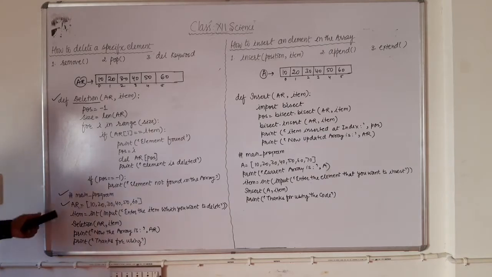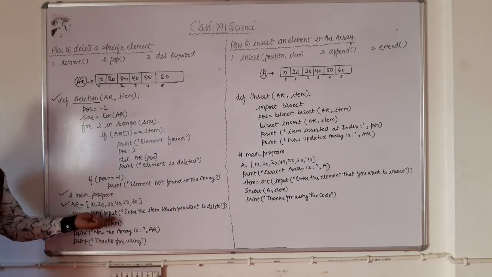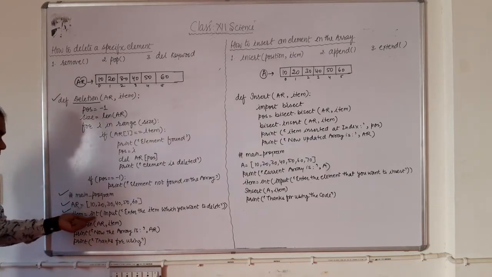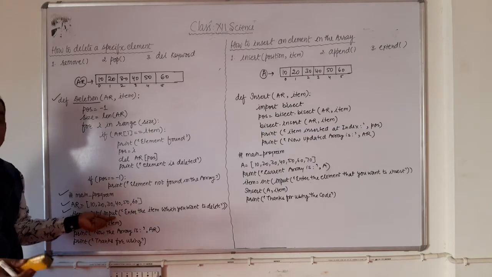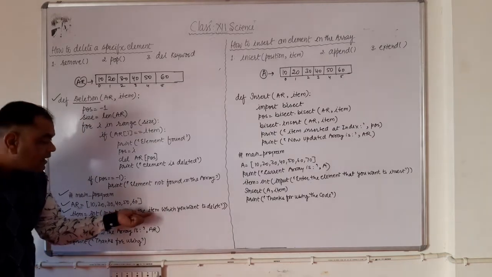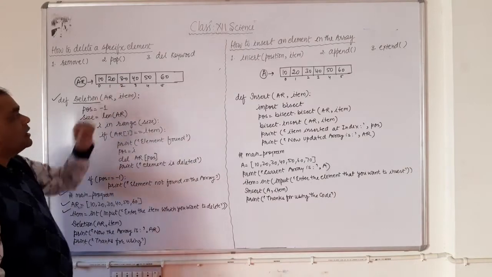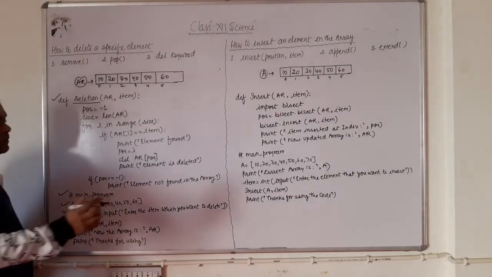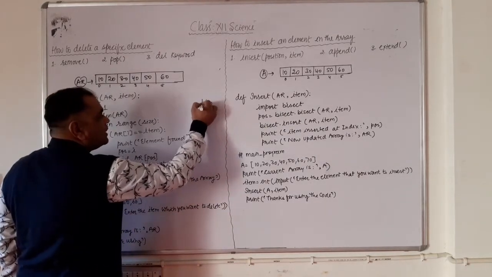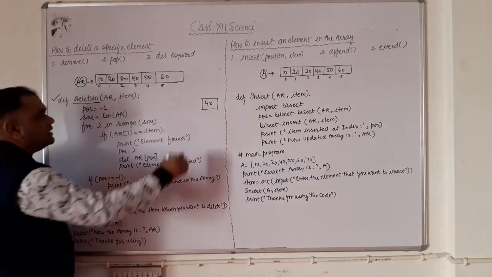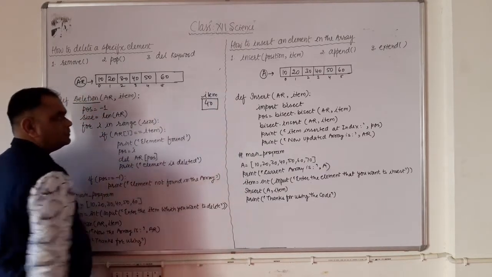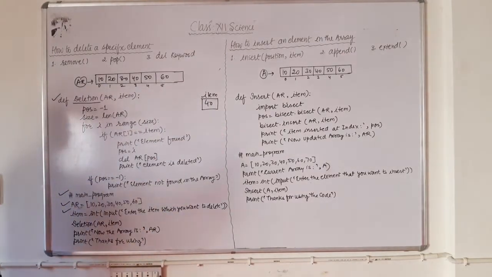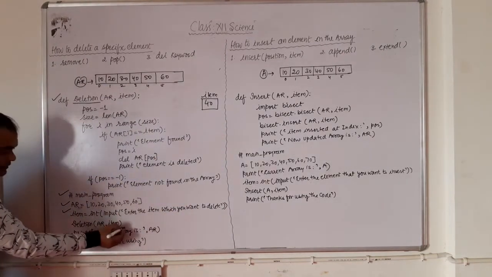Right? Now item = int(input), this is the next line to be executed on your PC. Item equal to integer input means you are going to take an input from the user. Enter the item which you want to delete. Clear? And the instruction is: enter the item which you want to delete. Suppose here I just supply 40, and then this 40 is stored in the item variable. One item variable is created, and 40, the user's input, is stored in this specific variable here.